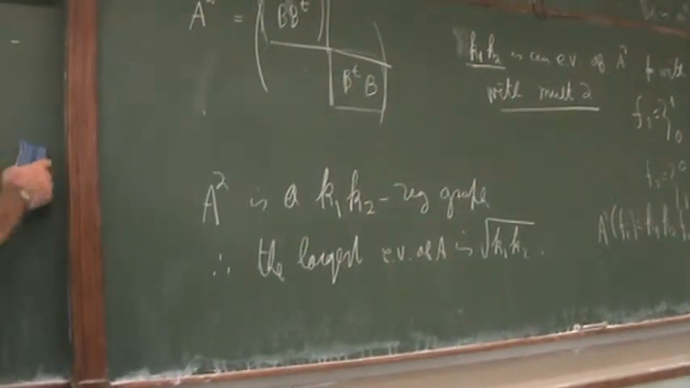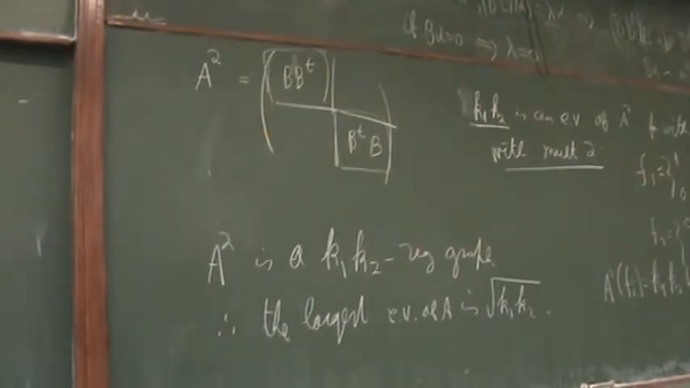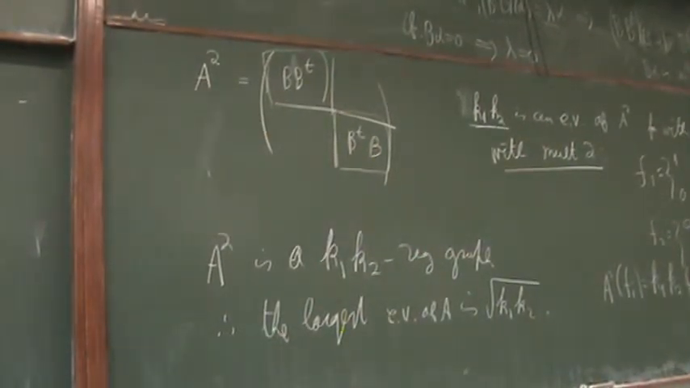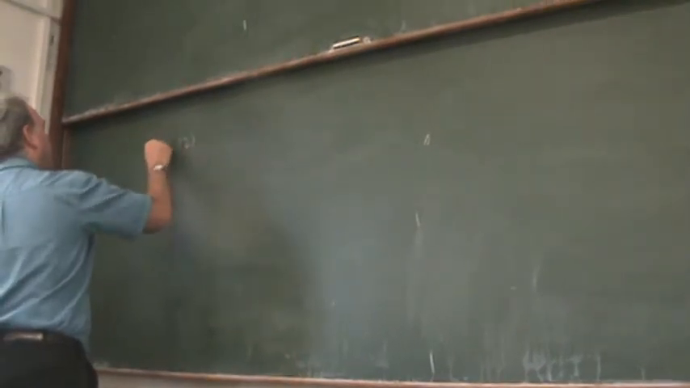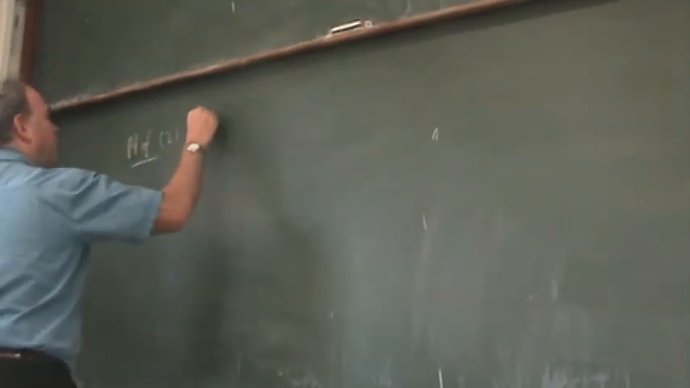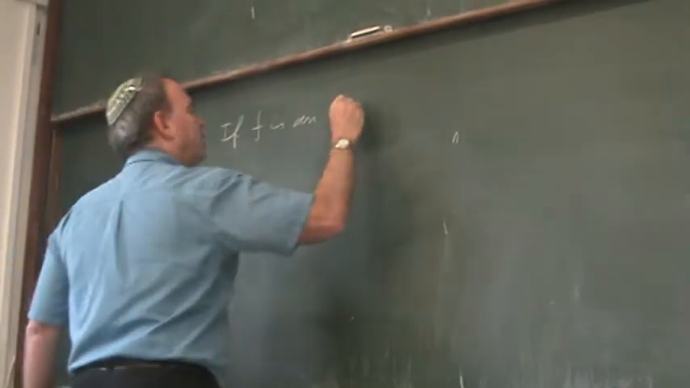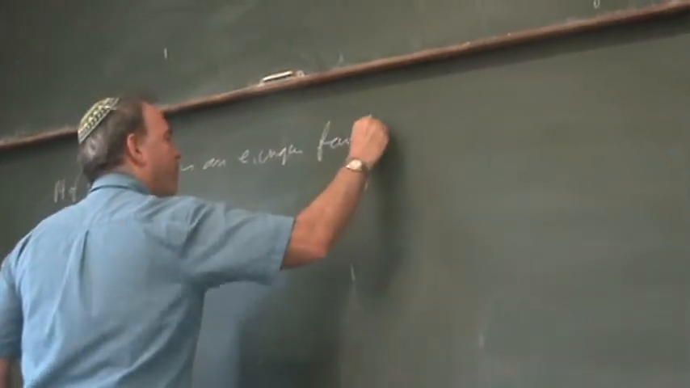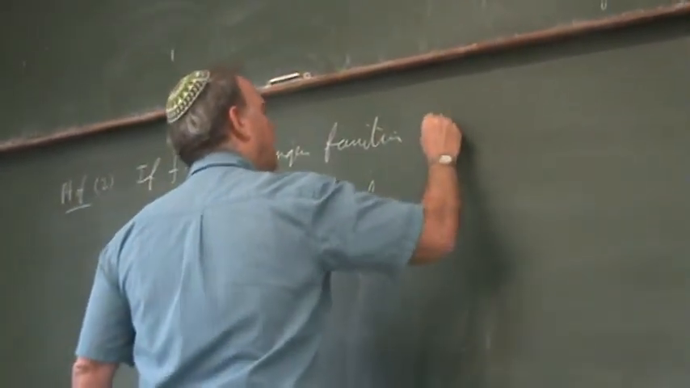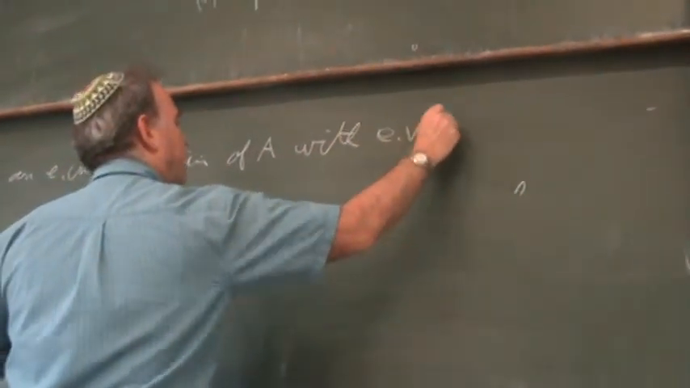The other thing I promised is that it's symmetric, and here the proof is exactly the same as before. Just think about this in the following way, and you'll see that this is exactly the same. Proof of 2. If f is an eigenfunction of A with eigenvalue lambda,